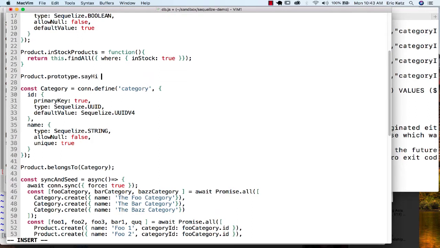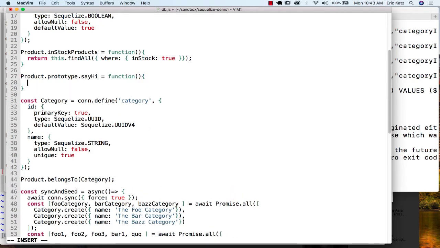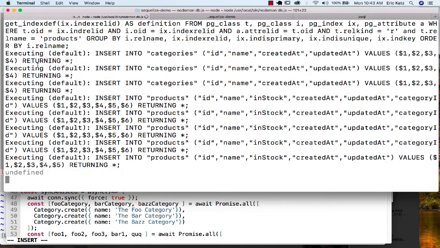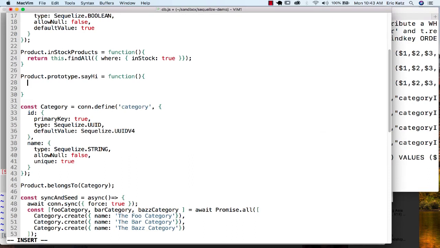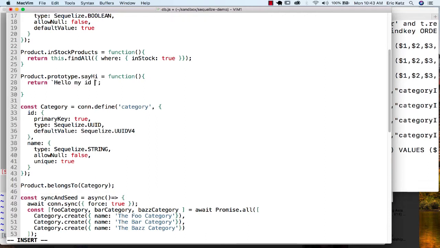And now I'm going to say hi. And again, very important that we have the correct binding. So this is set up as a function. And if I just did this, I would see the string undefined because nothing is returned here. Well, what I'm going to do instead is return, and I'm going to use my backticks, and I'm going to say hello. My ID is